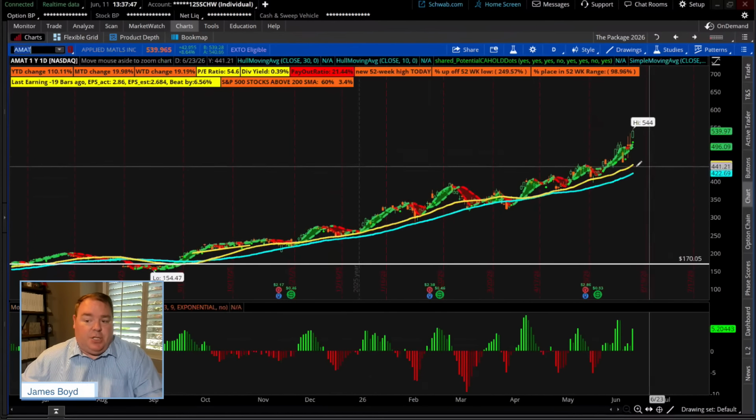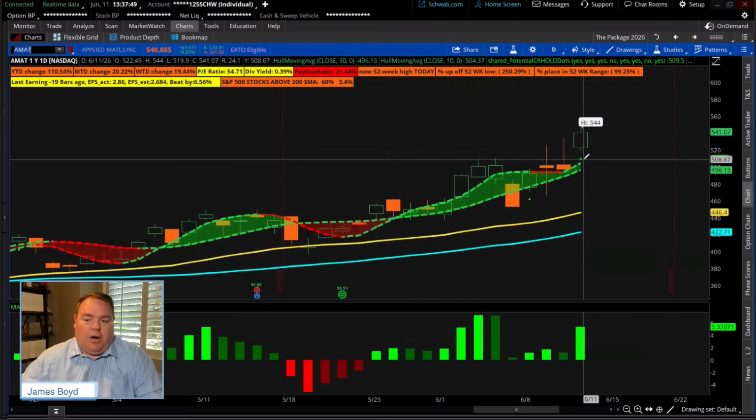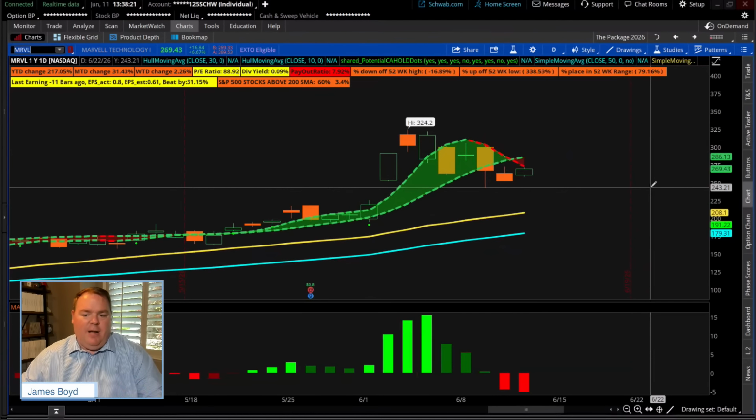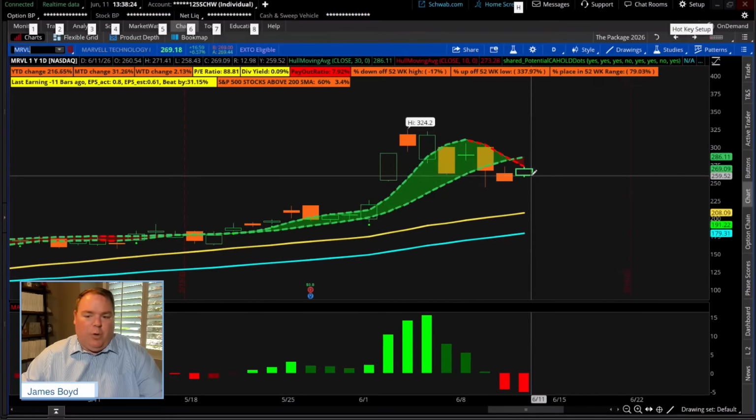Stock like AMAT, same thing. Green dot on the chart. Now, the reason why we made the green dot is because people would say, well, I see a bounce, but what constitutes a bounce? And so that green dot is really taking the definition I made. My definition is slightly different based on back testing, but that way we can see what we call bounces. AMAT also getting a bounce. Now, one of the stocks we're also going to keep an eye on is Marvell. I just want to flag that. We don't see a bounce on that. The key word is yet, but we're going to keep an eye on that.